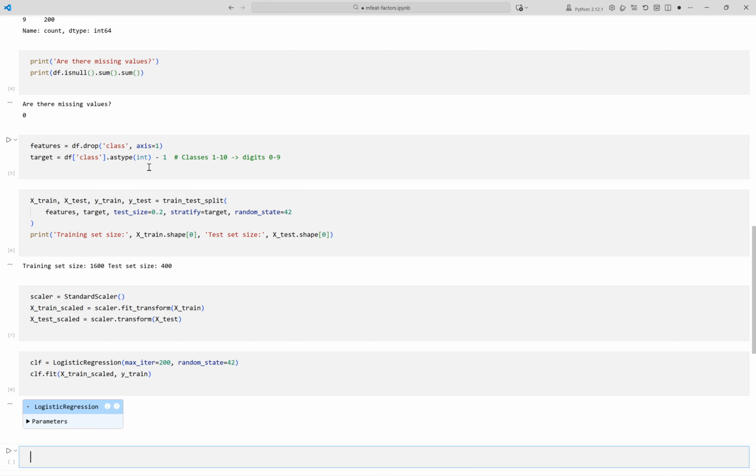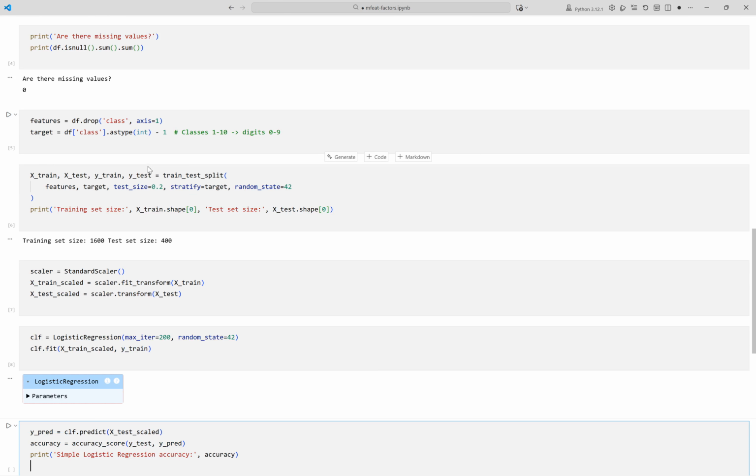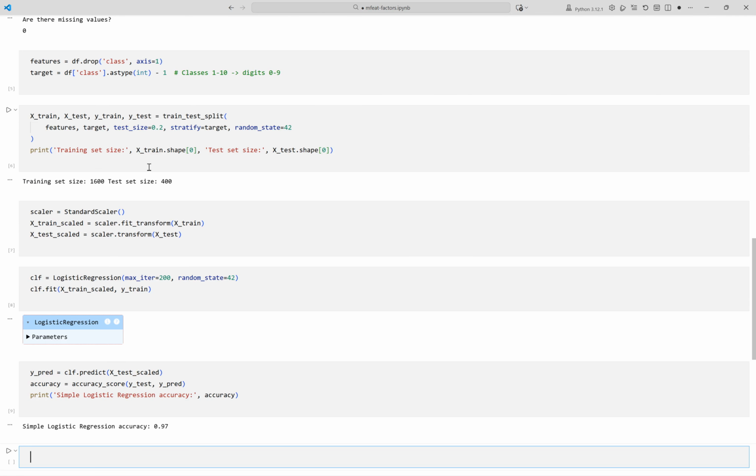Now, let us make predictions on the test set and evaluate accuracy. We use the trained classifier to predict digit classes for the test set. We calculate the prediction accuracy. We print the accuracy of our simple model. Running the cell now. The output shows a high accuracy of 0.97, indicating that our simple logistic regression model is